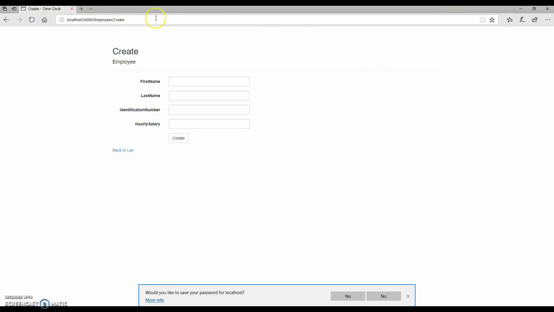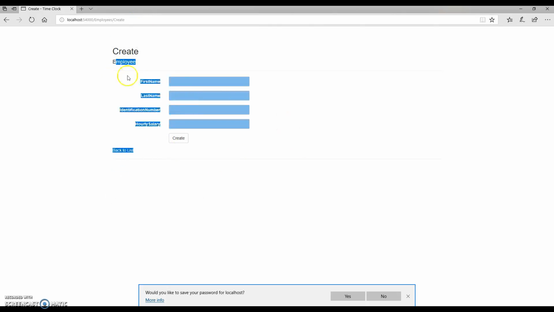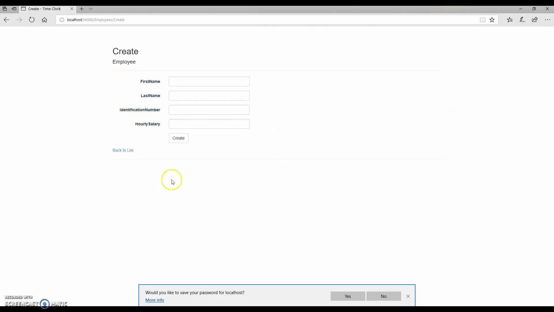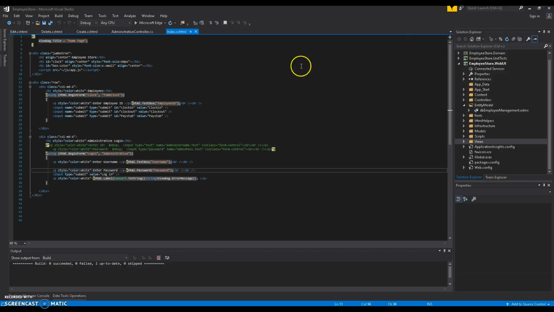We have validation, we have some kind of authentication, and only being able to log in through the admin login can bring you here. And we're gonna work on some more validation and make sure that this thing's secure. Nobody can just type up here create. We're gonna work on that and fix it. And to the code, so